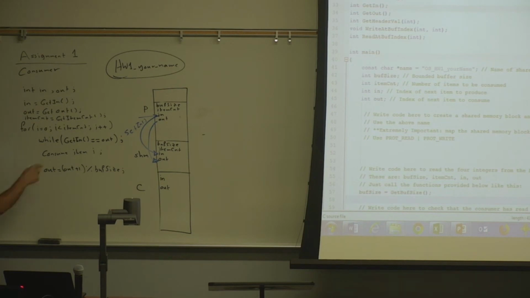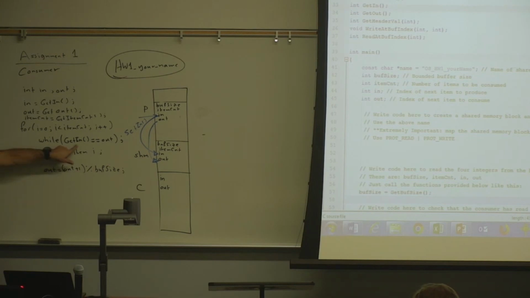So why did we do get in and we didn't do get out? Because only the consumer should be changing the out value, right? Yes. Because the producer changes the in value. Yeah, exactly. So the local value for out will always be up to date, because out is modified by the consumer. So the consumer will always have the most up-to-date value of out, but it does not have the most up-to-date value of in.